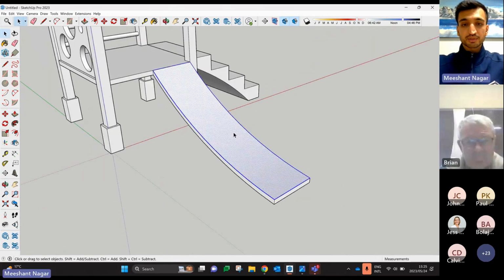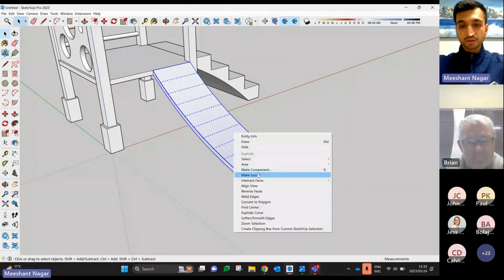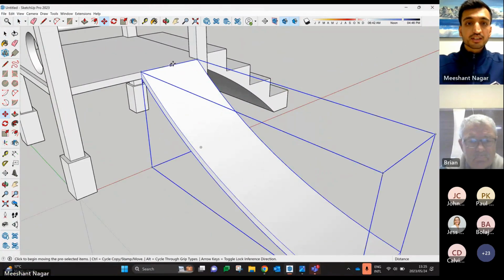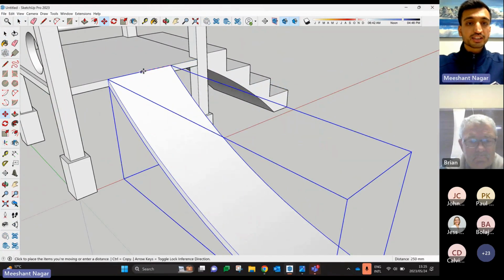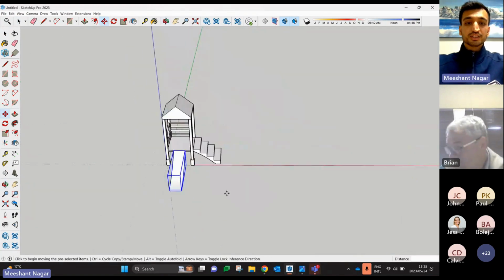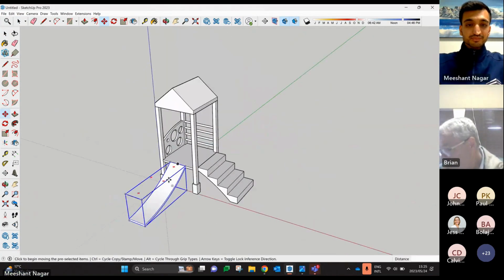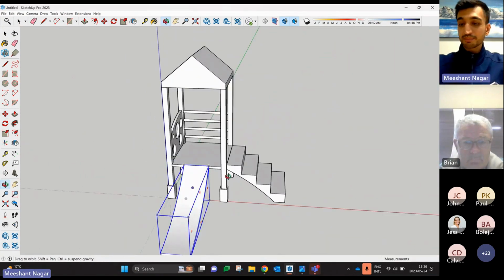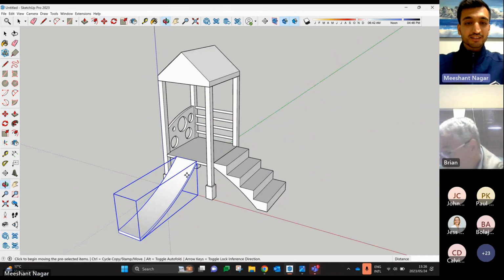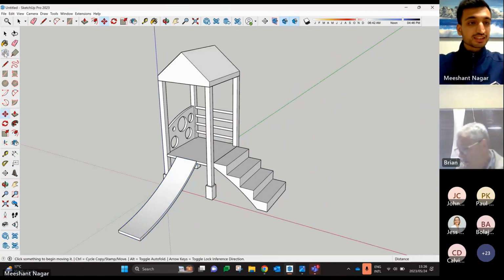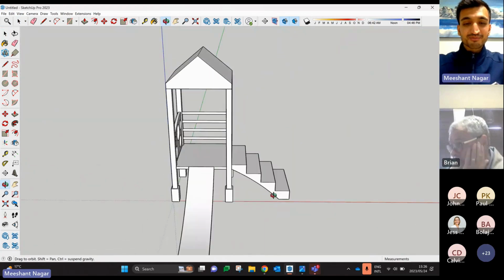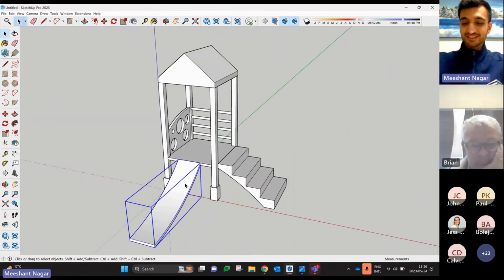And there's your slide. I'm going to triple click that, make this into a group because there's only one of it. And then I'm going to just move it into the center, using the move command, to the center of the platform. But as you can see, with a few clicks, you can get a jungle gym up in no time. I've been told that this slide is quite the death trap, so I'm going to be deleting this for now